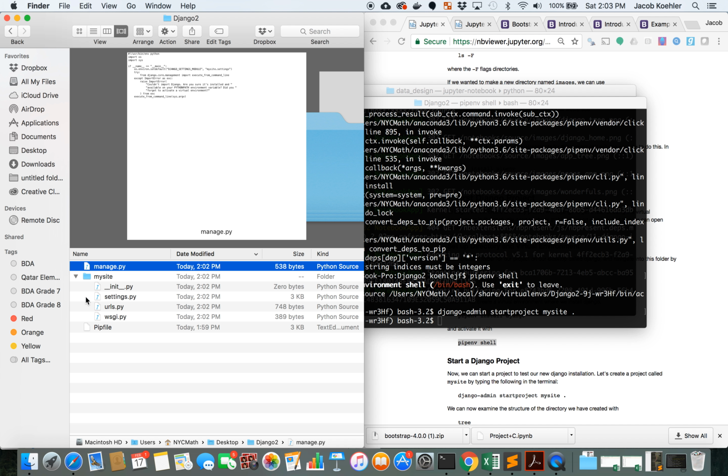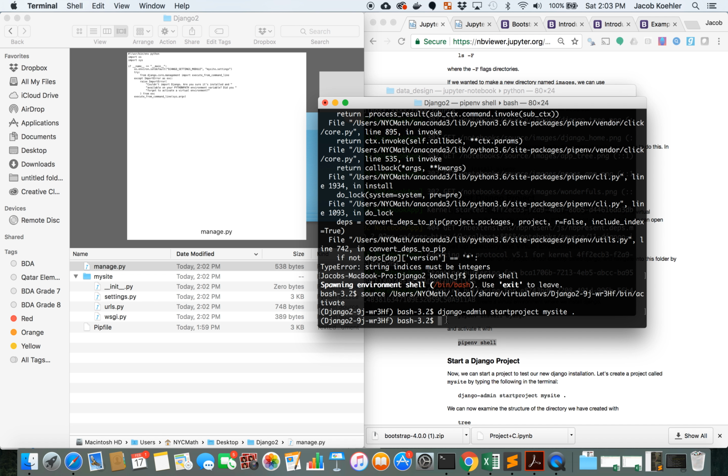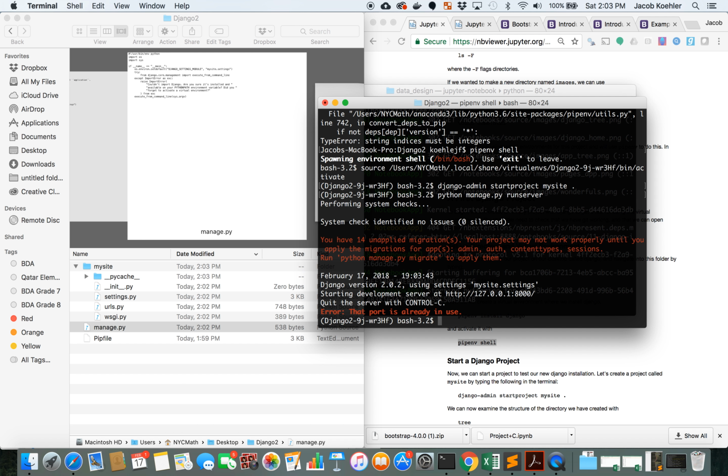So this is the big structure of our project. We will create further things within this directory, but we have this manage.py file that if we now say python, because this is a Python file, so we need to call Python to say we're going to use Python to run this manage.py file, and within this we're going to run, it has a function called runserver that we want to use to start up a basic web server